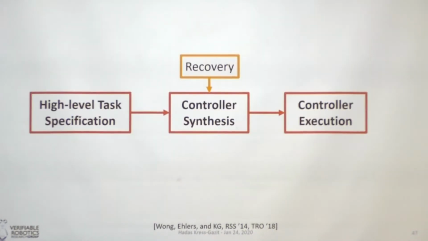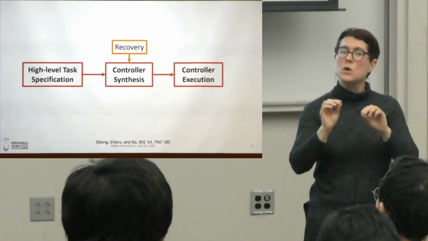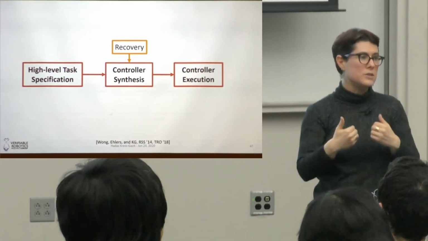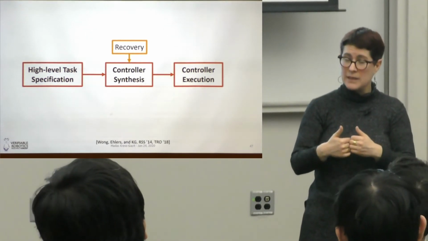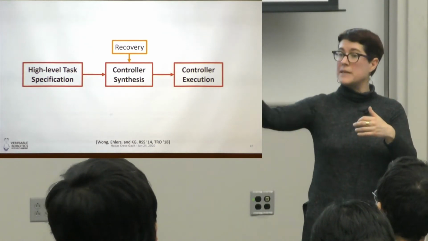So what we did, we kind of looked at it in two different ways. First of all, we changed the synthesis algorithm to be more robust to environment violations. So now, when we synthesize, we also add transitions that violate environment assumptions, as long as those environment assumptions don't cause me to violate my safety, and as long as if at some point that violation goes away, I'm still able to complete my task.